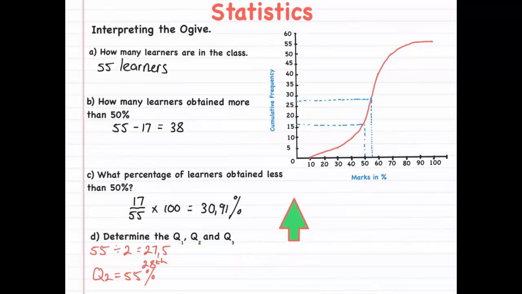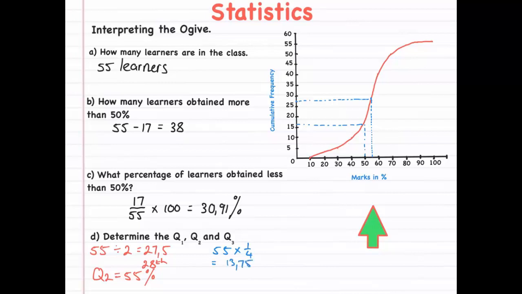Q1 is a quarter of the way through our sample, and there's 55 learners in our sample, so it's just 55 times 0.25 or times a quarter, which gives us 13.75. So we're looking at the 14th value, which is around there. So I'll do that calculation also here at the bottom. So basically we have 55 times a quarter, and that equals